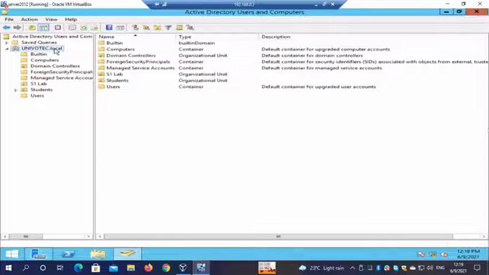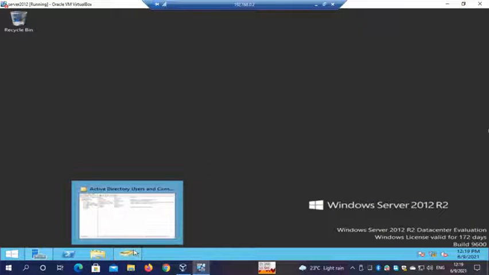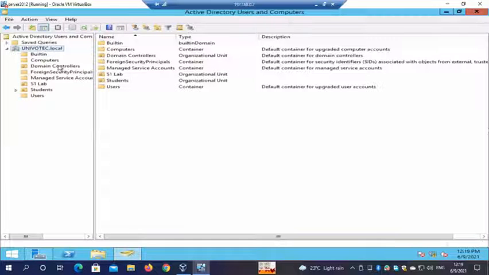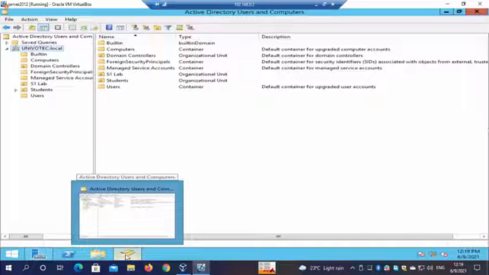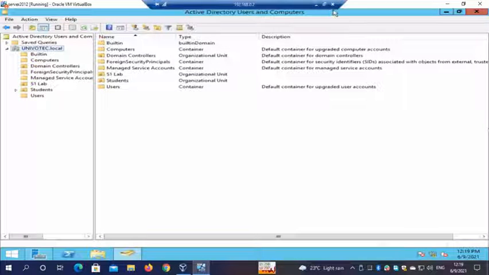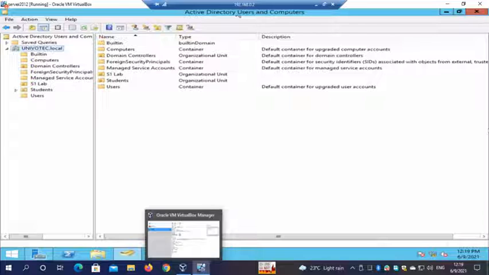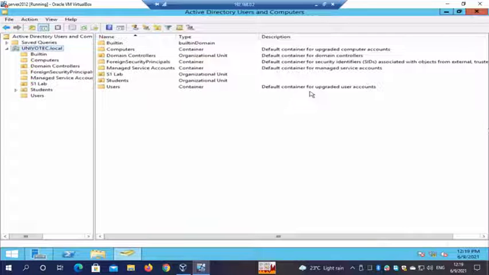Now, to add a computer to the domain, I actually have another virtual machine running. Adding to a domain is not a big thing. I think I showed you, right? In the properties, what you have is the work group. Just change that to add to the domain. That's all you have to do in the normal client computer, right? Then everything is done from the server.